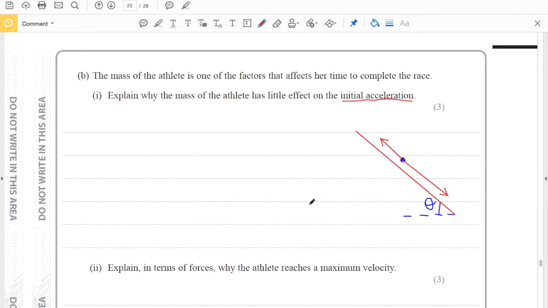All right. Now, how do we analyze or talk about the forces when the object just starts to accelerate? This you may have learned from IGCSE, or you might remember from the discussion in forces and in fluids as well. When an object starts to accelerate, the opposing forces acting on it, I repeat, when it starts to accelerate, the opposing forces on the object will be negligible. Right? It will be negligible.